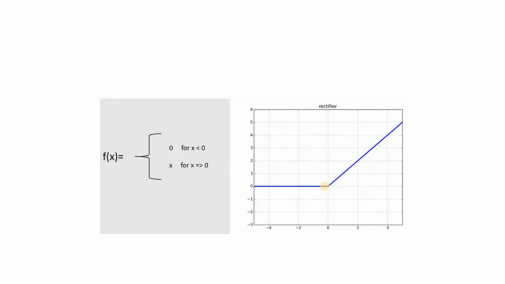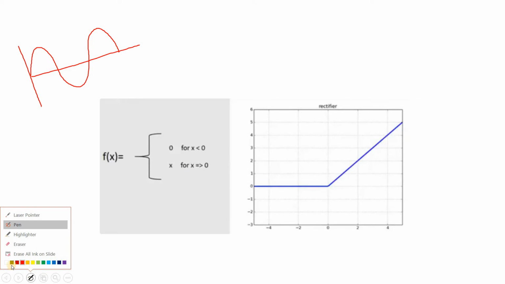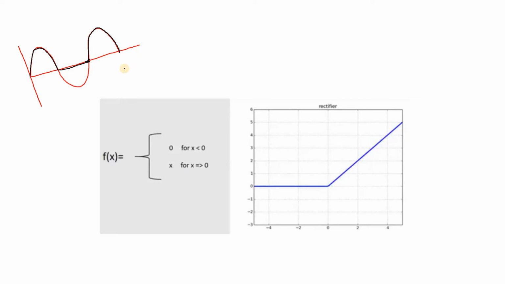One simple non-linear example is this kind of rectification function. If you have studied electronics and communication engineering or a basic electronics course, you have studied the half wave rectifier and full wave rectifier. Suppose I have a sine wave like this, and I want to plot the half wave rectification output. For all positive values greater than 0, it follows the pattern, and for negative values it becomes 0 voltage. Then again for positive values it follows the pattern, and for negative values it is 0 voltage, like that.